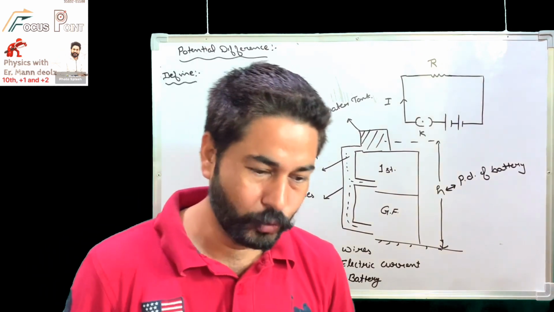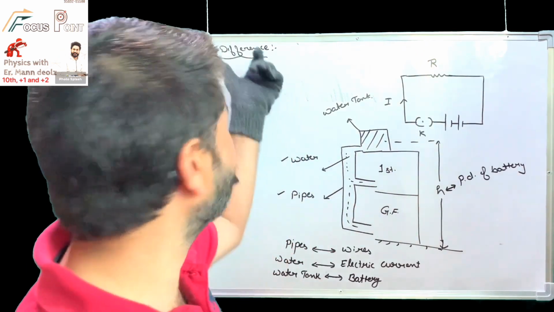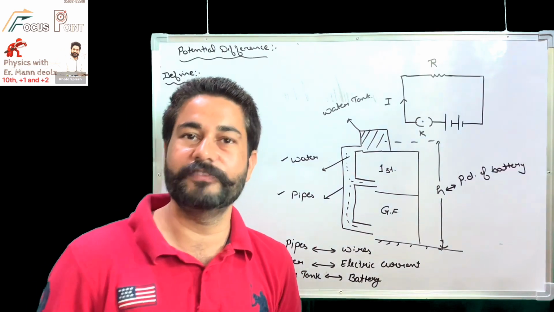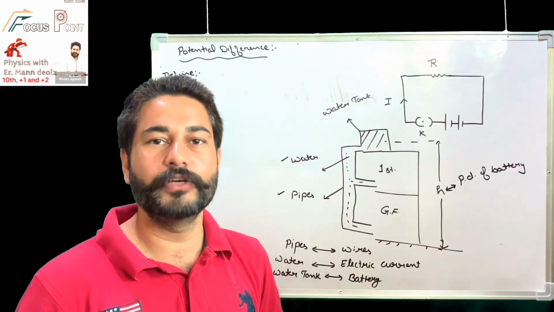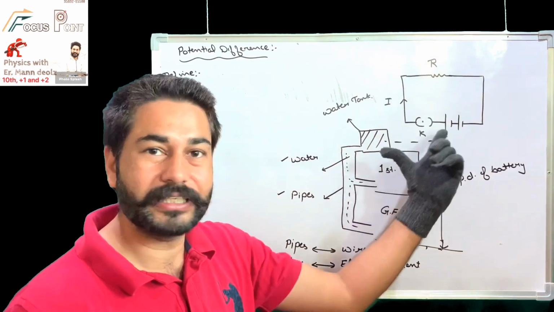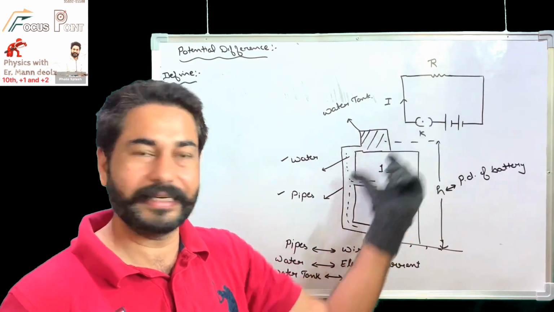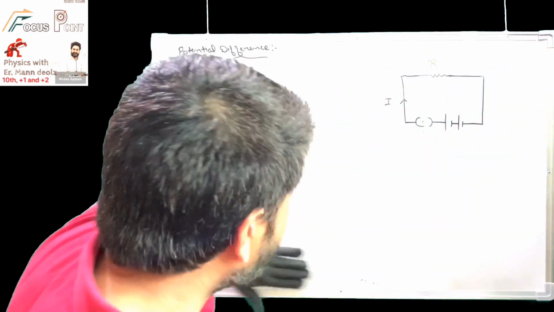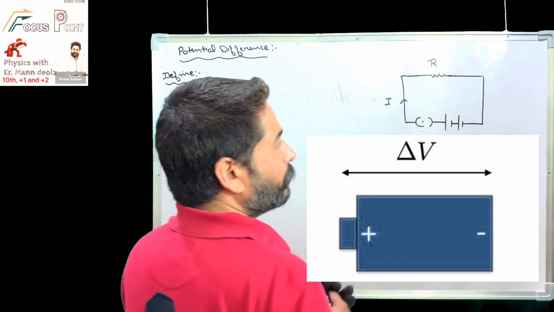That is Ohm's law. We'll do it later, after doing the potential difference. In that topic also you will see that the more the potential difference, the more will be the electric current flowing into the wires. So likewise you can compare both things, the electric circuit and this system. Now understood? So now, the potential difference of the battery.